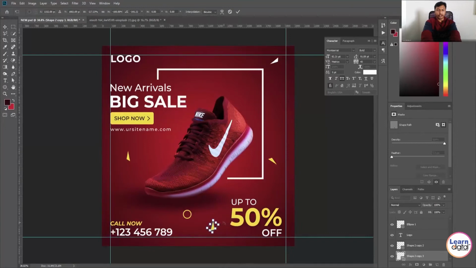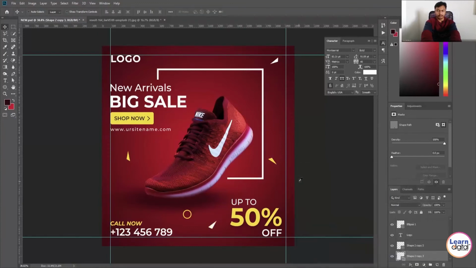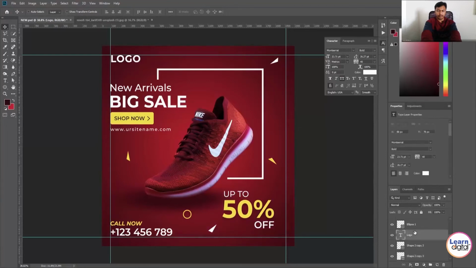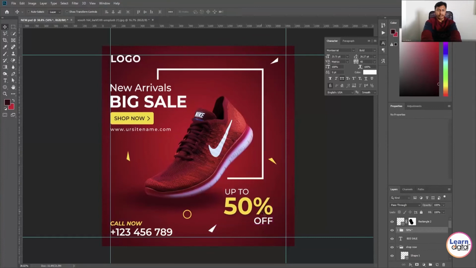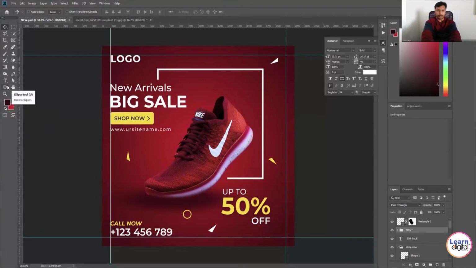And don't add too many small pieces. Make sure that you highlight the text and the product. Each and every time you are adding small detailing, you need to concentrate on alignment also. Alignments are important whenever you are doing any designs.